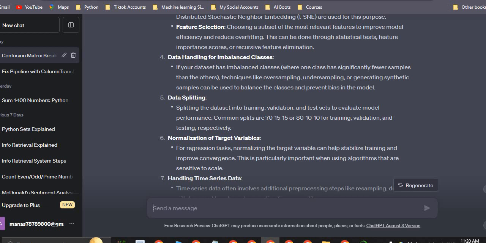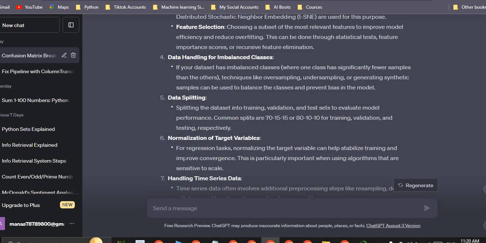Data splitting: split the dataset into training, validation, and test sets to evaluate model performance. Common splits are 70/15/15 or 80/10/10. If we use only training and test data, the common splits are 80/20 or 75/25.